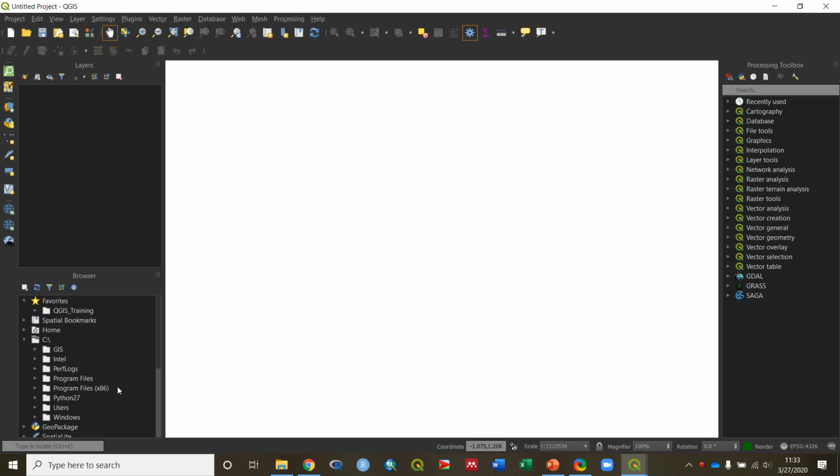You can drag stuff right into your map frame. Well, this is called a map frame or a data frame in ArcMap. It's called a canvas in QGIS. So let's review